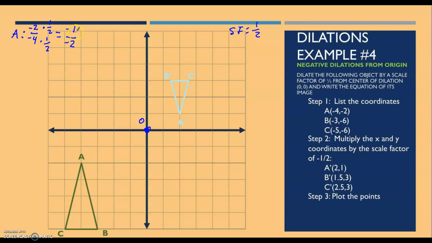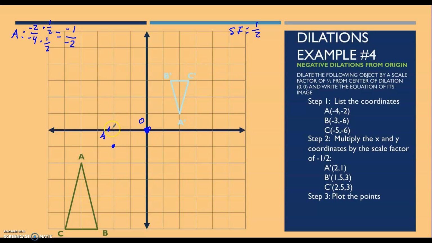So don't simplify this, right? Because the signs are going to give you the direction of where you're going to go. So you might be tempted to write this as positive 1/2, but don't do it, because you're going to lose the directionality of your problem. So I go back to my center of dilation, and I go down 1 unit, left 2 units. And that's going to give me point